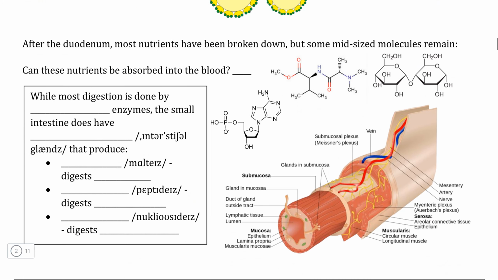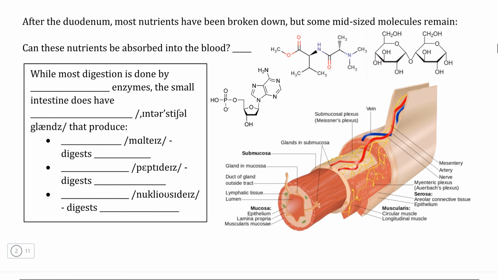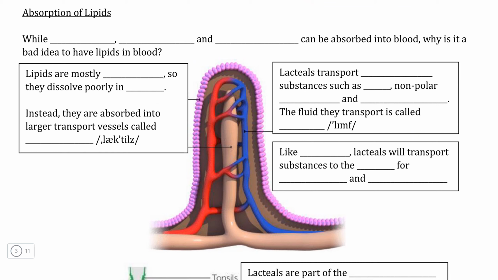So in the next video, we're going to look at one of the auxiliary functions of the small intestine in terms of how the small intestine produces its own auxiliary digestive enzymes to finish the process, before looking at how fats are transported throughout the body, given that fats don't mix well with water, but given that your blood is mostly water.